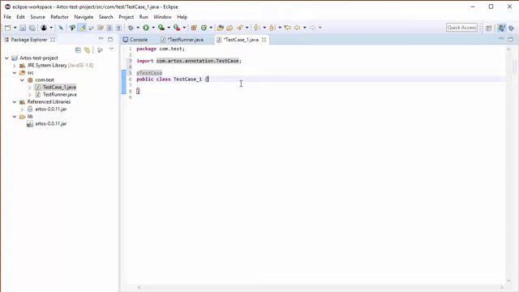So as per the requirement, each test class must have at least one unit that the runner can run, and unit means just a public method. So let me create one public method. Let's call it test unit 1,